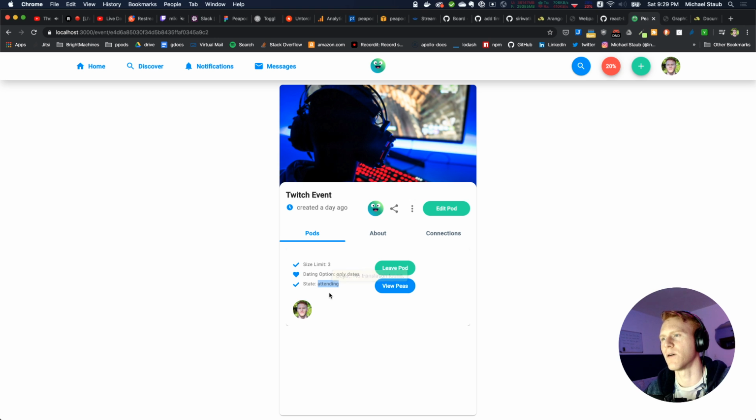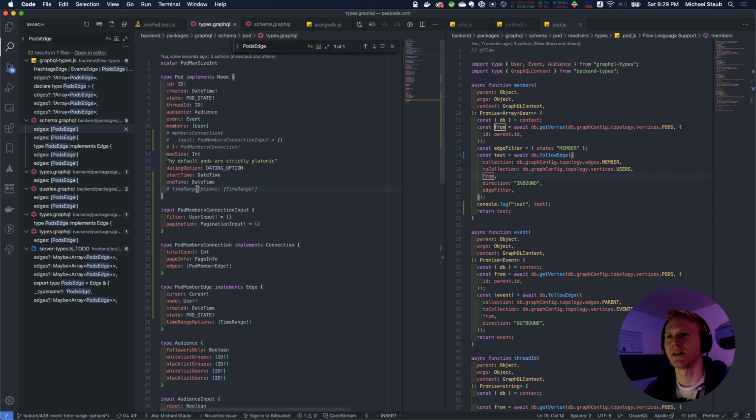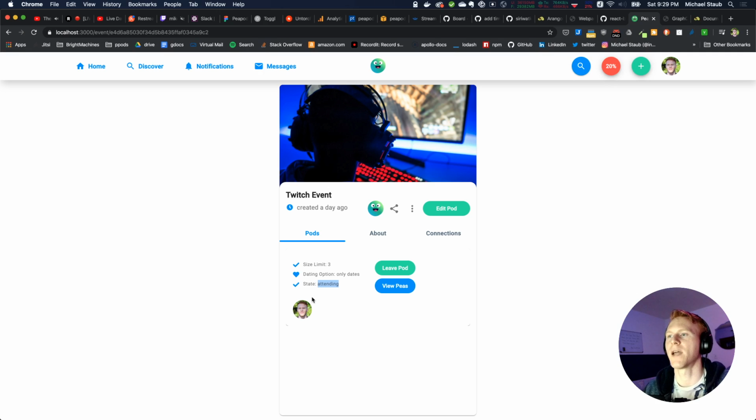So right now, this is what's changing, right? The state of the pod is attending, once there's more than one person, like, okay, we're going to this event. But now this is variable because it's going to be based on the time range options. And so I want to actually show that table I showed you guys earlier in this card as you're scrolling,